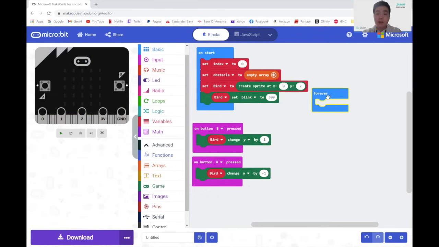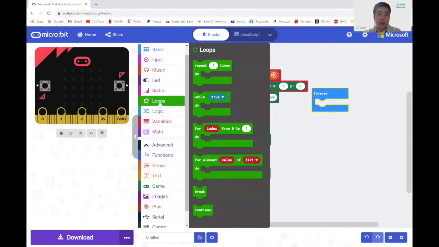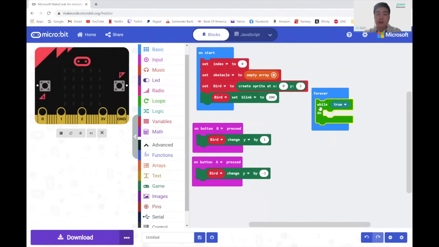So in the forever loop, we shall add a couple of code. First thing we should do is to check when we should delete the walls and obstacles, and we should do it when it has reached the end where x is equal to 0. So let's start by grabbing a loop, and here we're going to use a while loop. So we shall go to loops, a while loop, and drag it into our forever. Inside the forever loop,